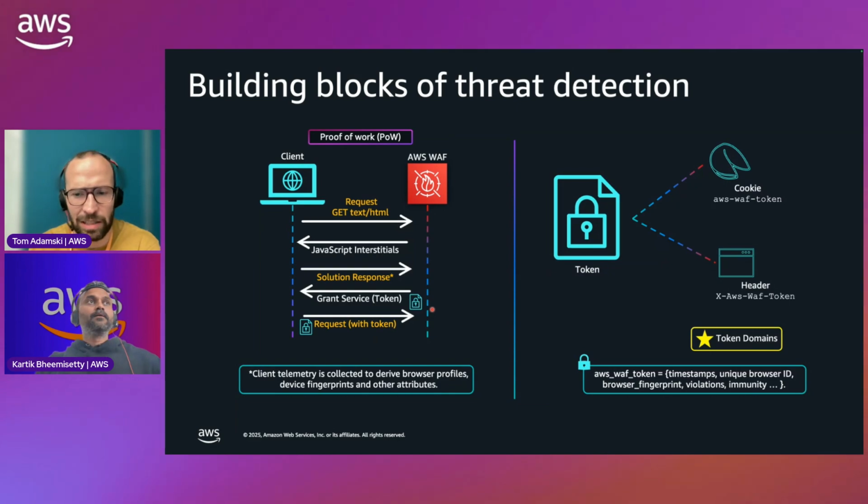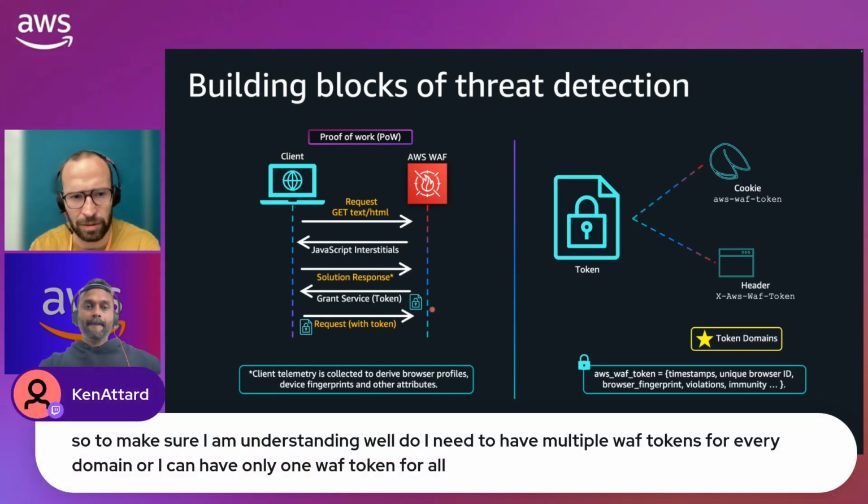There's a follow-up on what you just shared, related to the WAF tokens. The WAF token is what you get after you prove that you can solve the challenge, or you solve the CAPTCHA, and then you generate the WAF token. The question relates to multiple domains: do you need one WAF token or multiple? If I understood correctly, you need one WAF token, but if you do multi-domain, that token is going to live in the header, not in a cookie. That's the main distinction. Is that right?